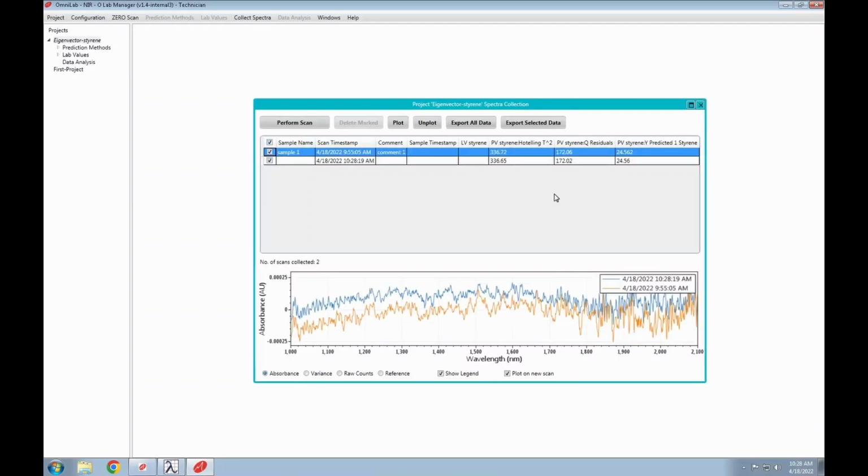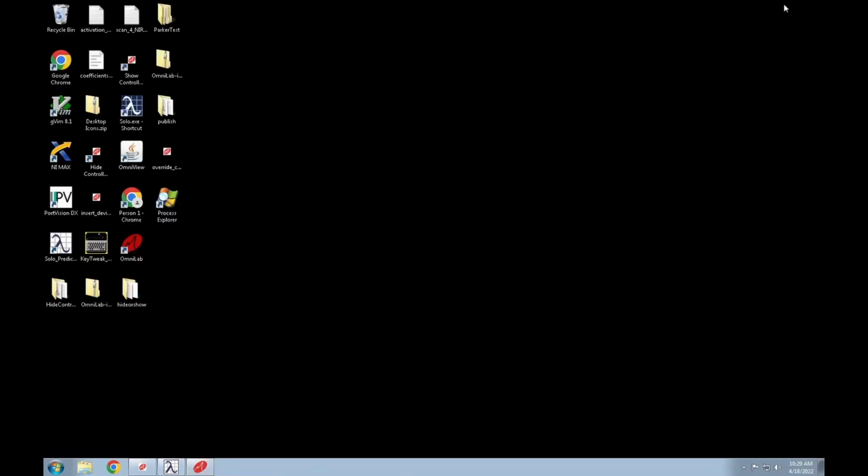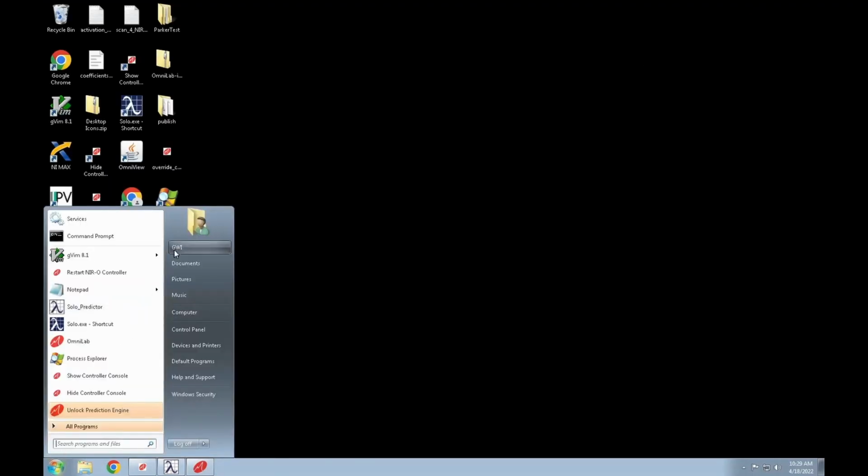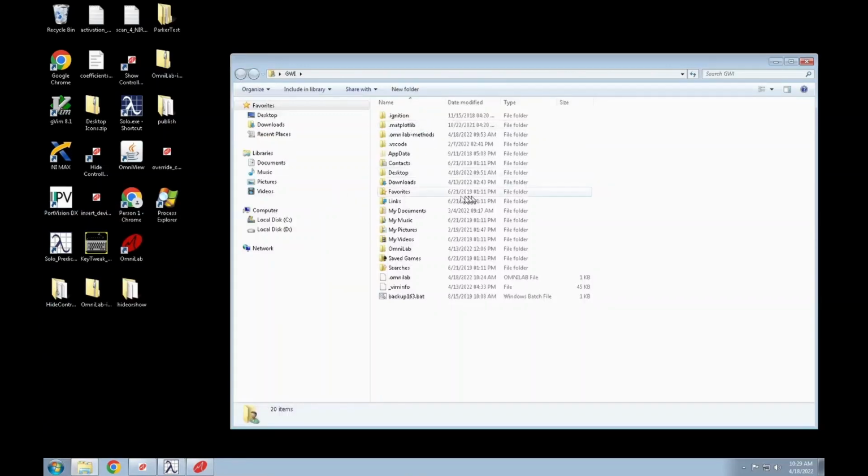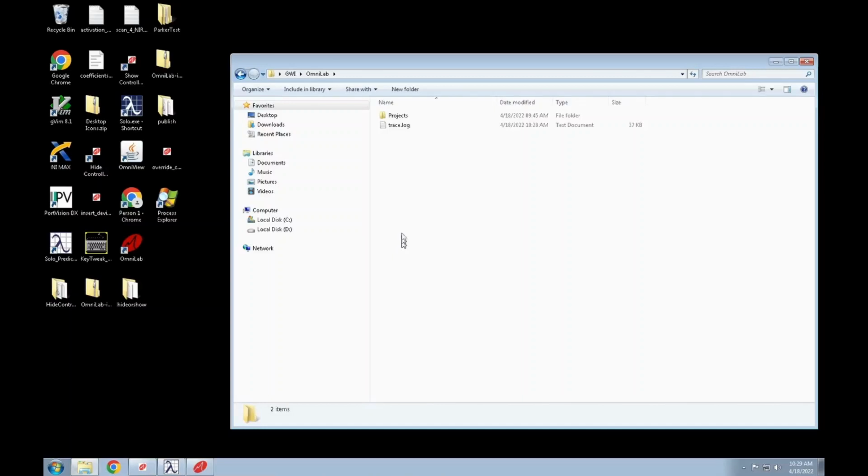At this point, you might ask, where are these scans saved? Well, right now, the first scan I took has been saved in the project file, which is underneath the project folder. So I'm going to hide OmniLab here for a second. I'm going to go to my home directory under OmniLab. This is where I keep my projects. Okay, if I go into the project folder itself,